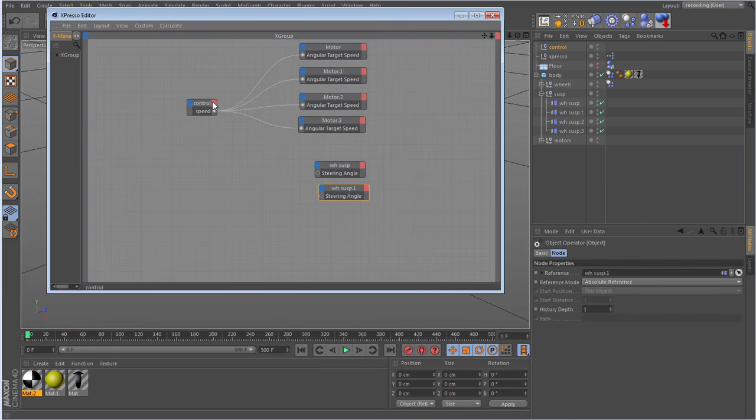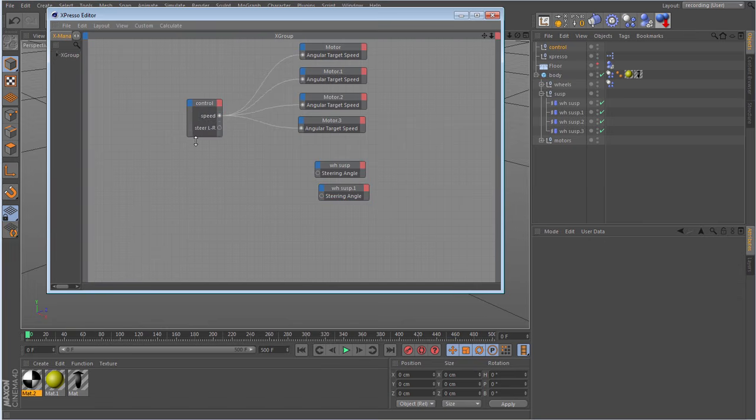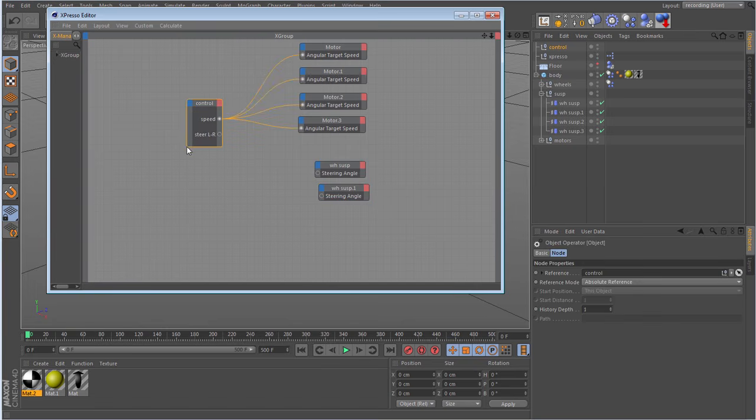Okay, and the value we're going to be driving it with is going to be the other user. Here we are, steer left right. Okay, so that's the output that's going to be driving these. But at the moment, this is in percentages, and I need to be converting it to some kind of sensible value to drive these steering angles. Now, if you remember, I said that the steering angle is going to be in radians in this window, but it's in degrees in the interface.